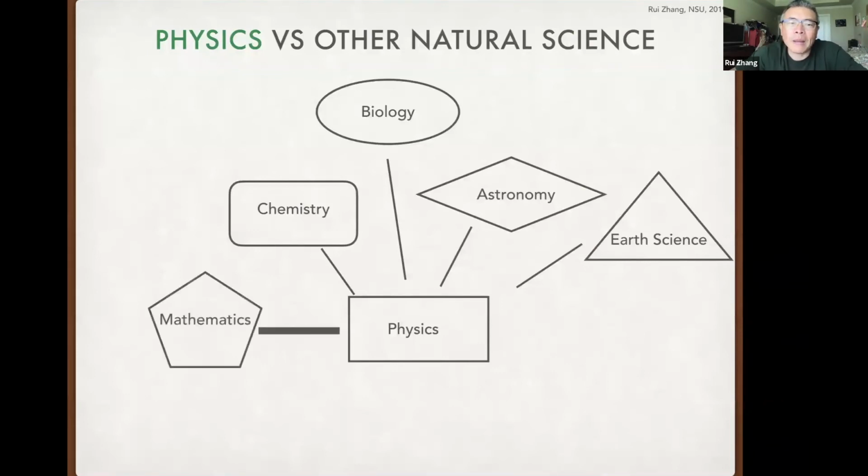What about mathematics? It turns out mathematics is not a science by itself, in the sense that you do not need to do experiments in mathematics. As long as you can do logical thinking, you have mathematics. You can start from something called axioms, like some of the mathematics you know, and then derive all the theorems starting from the axioms. You do not need to worry about whether the axioms are real or not.